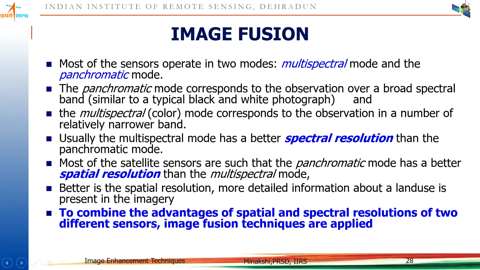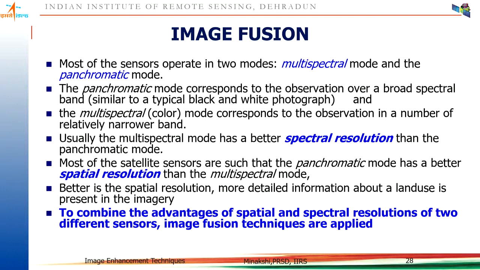And normally we have seen that most of the sensors are designed such that if the panchromatic sensor is 1 meter, the multispectral is 4 times lower. That means 4 meter. If the panchromatic sensor is 0.5, the multispectral is 2 meters. So that is the ratio 1:4, which is generally there between them. And the human nature is to have the advantage of both high spatial and high spectral resolution. We fuse the two images. We want panchromatic image and color.